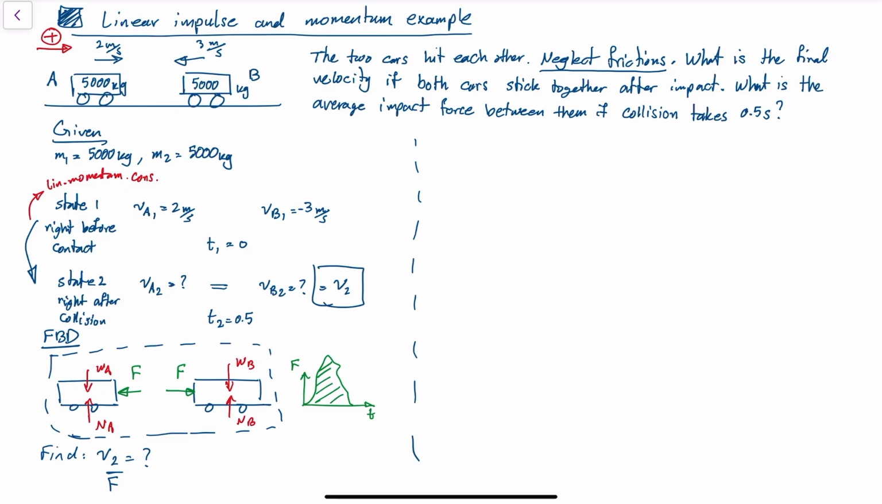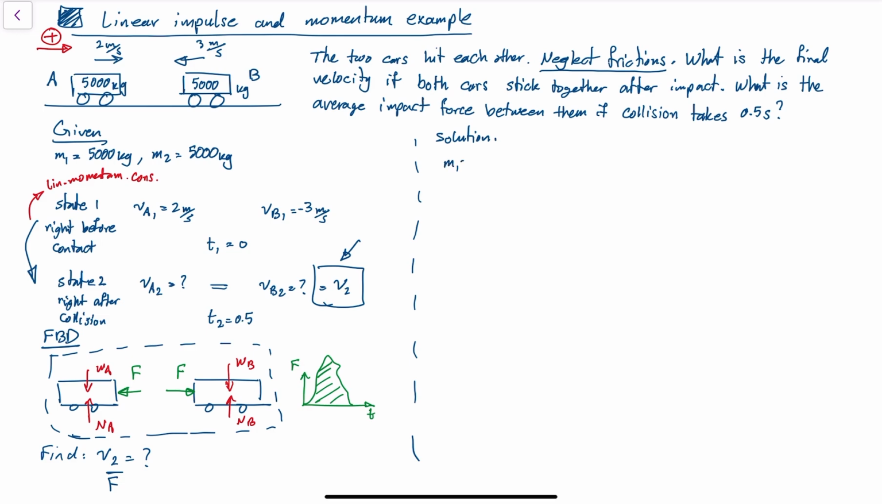So now let's get to the solution. I know going from state 1 to state 2, momentum is conserved. So that is a very good starting point because momentum gives me final velocities. It has final velocity somewhere in it. And I know a lot of information about the momentum at the beginning. So I can write